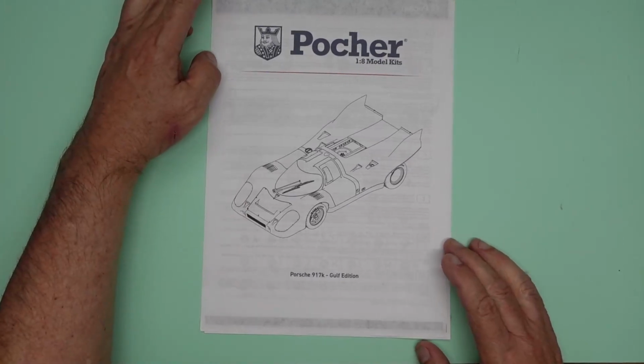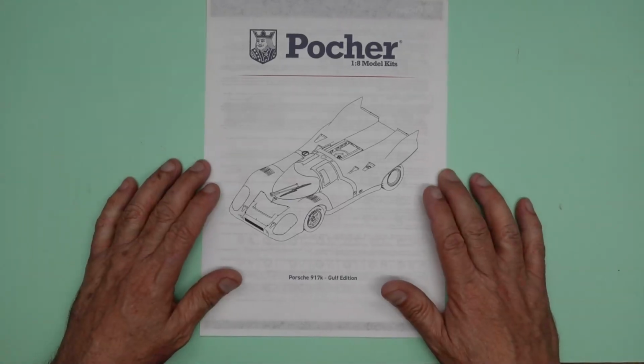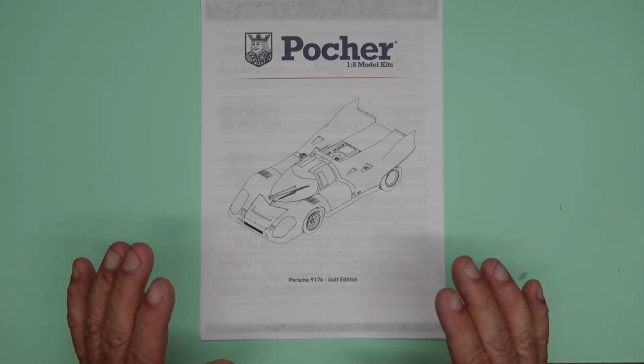The only downside to it, of course, is you have to print your own instructions, and if you don't have a printer, then you could always have it on your computer, I suppose. If you don't have a computer, then you best go and see a friend. Anyway,